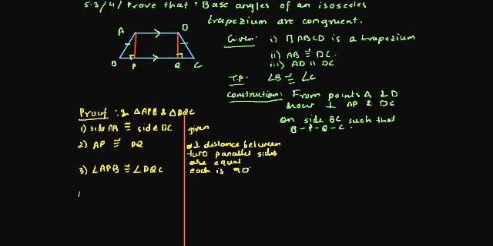So can you tell me triangle APB will be congruent to triangle DQC by which test? Most of the time many students make the mistake to write this as SAS test because there are two sides and an angle. But if you see here, for SAS test the angle should be an included angle, matlab ki jo do side equal hai unke beech ka angle equal hona chahiye. Yahan pe ye dono equal side ke beech ka angle equal nahi hai.